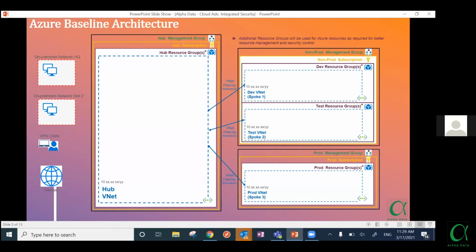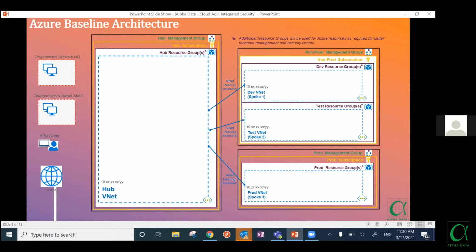Before you even deploy the resources, you need to create a baseline of virtual networking, right? You have to create VNets in such a way that you have a separate VNet for dev, a separate VNet for your test environment, a separate VNet for your production environment, and a separate virtual network for your shared services. All of your dev, test, and production VNets are isolated. They will not be able to communicate with each other, but they need to communicate with your shared services. So you establish VNet peering with your shared services, which is called a hub and spoke topology, right? Your hub is your hub VNet, and your spoke VNets are dev, test, and production.